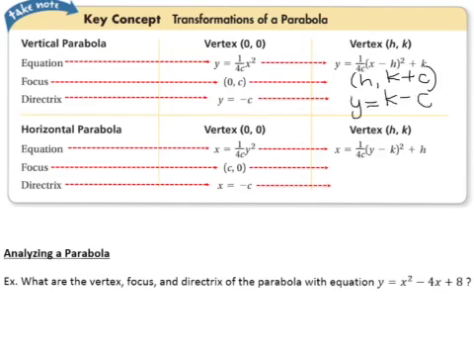And our directrix that was at y equals negative c is now going to be at y equals k minus c. Our horizontal parabola, as it translates, the focus that was at (c, 0) is now at the point (h plus c, k), and the directrix, which was at x equals negative c, is now at x equals h minus c. So notice the patterns there also from horizontal and vertical parabolas for the focus and the directrix. So analyzing a parabola. What are the vertex, focus,